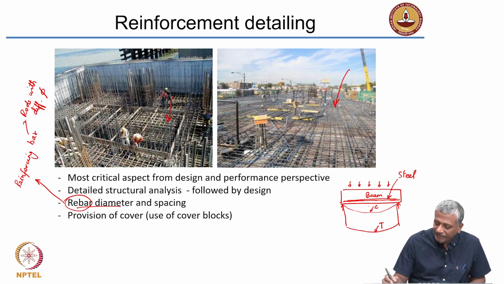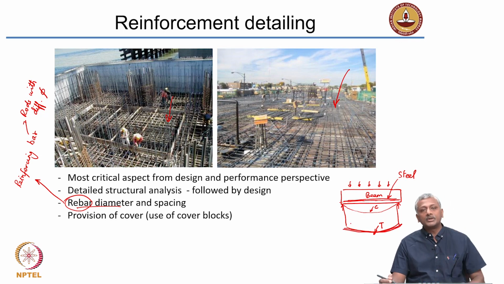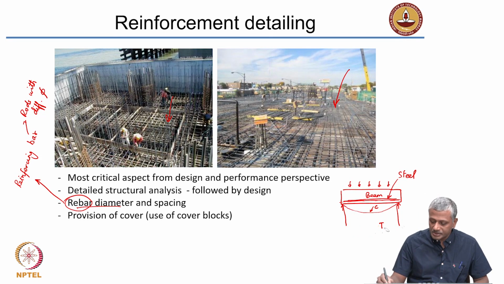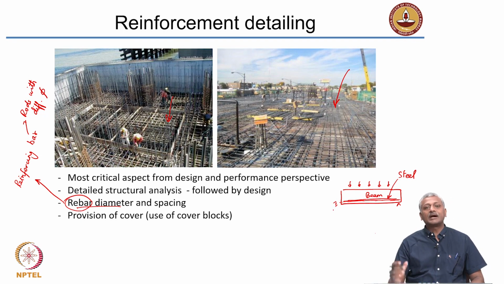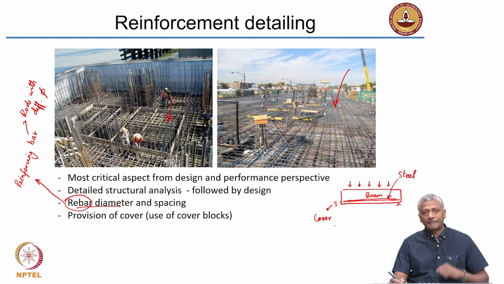So, here I talked about the fact that the tension is maximum at the bottom of the beam, okay? But can we place steel exactly at the bottom? No, because then it will be exposed to the environment. So, what we need to do is place steel in such a way that it is having a small covering of concrete around it, okay? So, that covering of concrete is called the cover zone of concrete, okay? It is simply called the cover, okay?